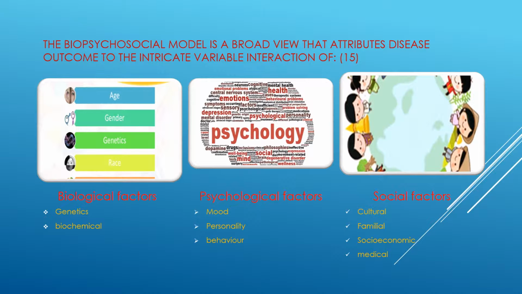And we have social factors. This refers to the environment that surrounds the patient. This aspect analyzes the disease from a sociological point of view and determines what external factors may have influenced the manifestation of the illness in the patient, like religion, economic background, primary relationships, culture and environment, etc.